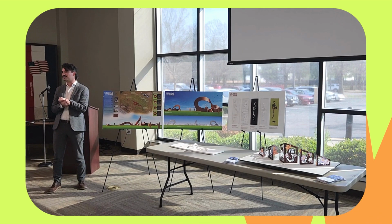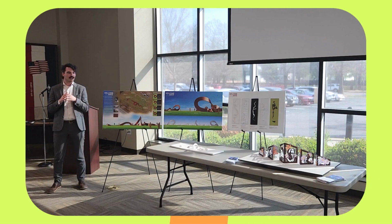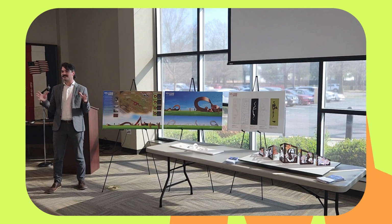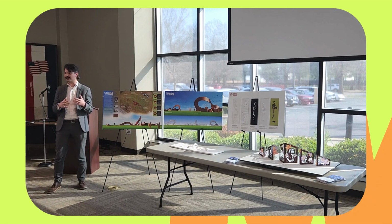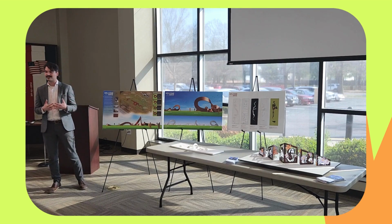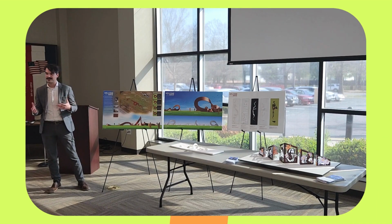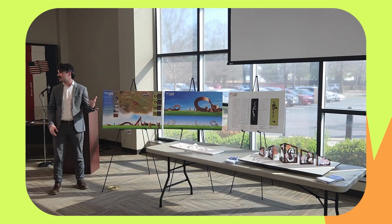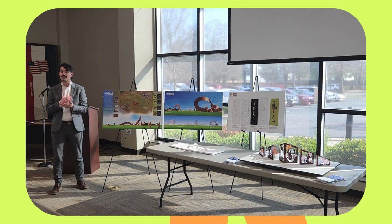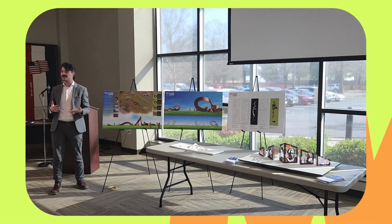The RFP was very descriptive in terms of the kind of elements and qualities that the sculpture really should emulate. And so we wanted to see how much we could really incorporate into a singular gesture, literally and figuratively, from concept to implementation. So one of the main drivers was Black ingenuity, and one of the foremost inventors is an